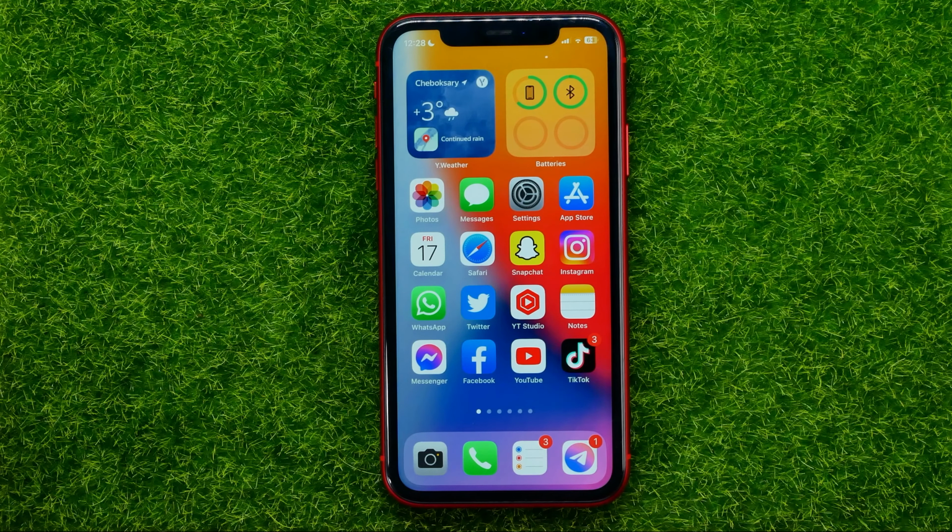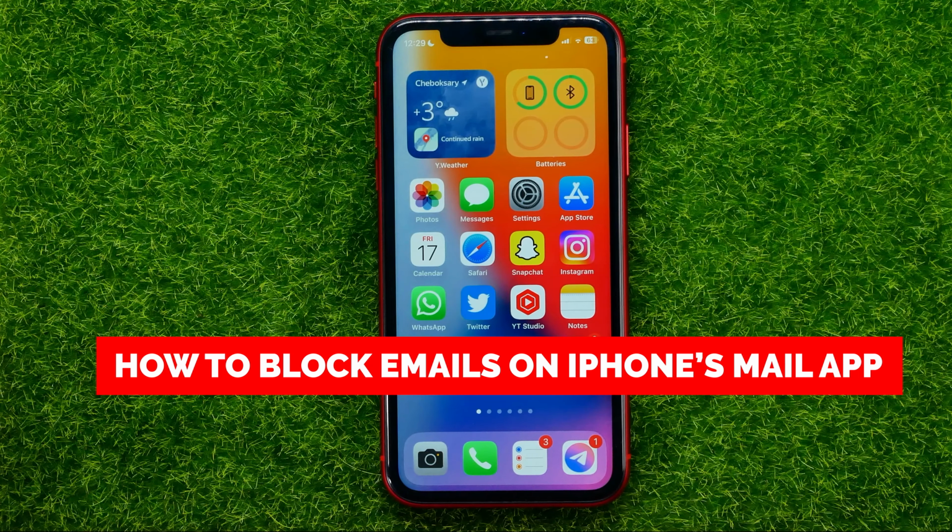In this video, I'm going to show you how you can easily block emails from some particular person using your